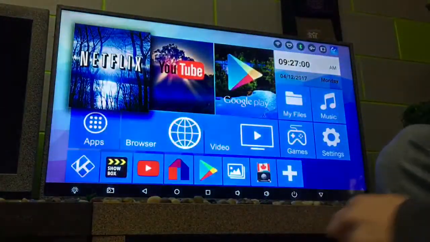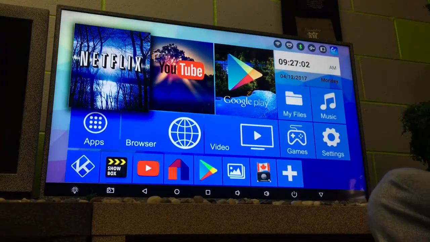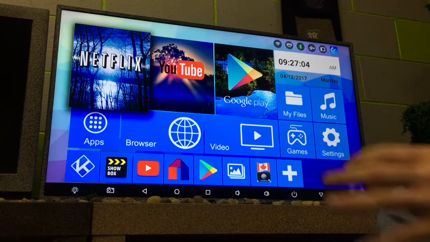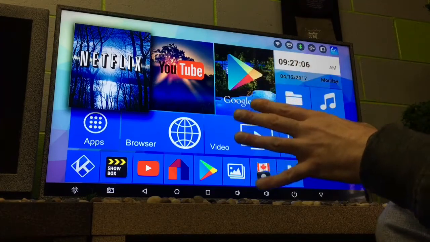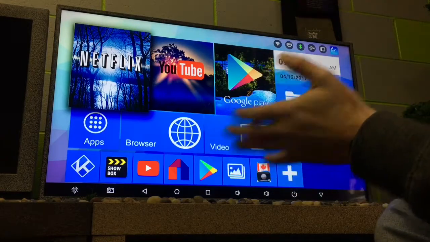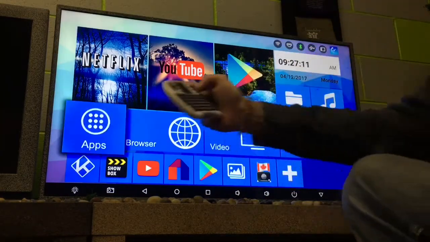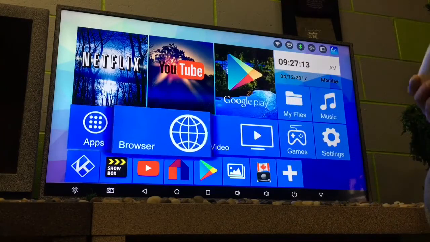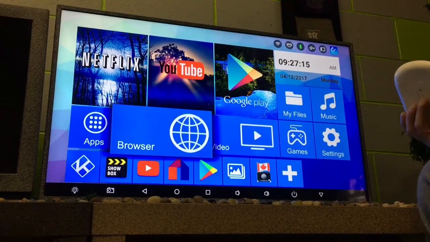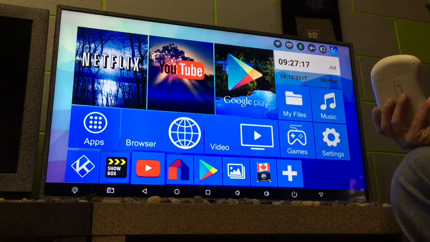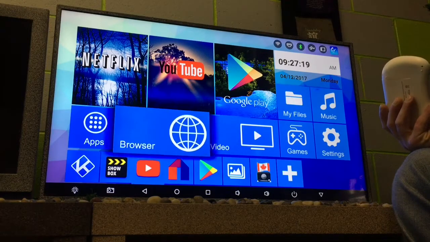Okay, here we are. I'm going to go over a bunch of stuff with the Android TV box. Every time you turn on any Android TV box, the menu you see here can look very different, but everything is the same, such as apps will always still be apps, your settings are settings, Kodi is Kodi, and everything else. So first thing I'm going to do with this box is go into my apps and